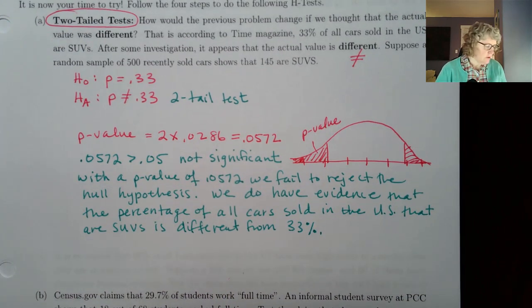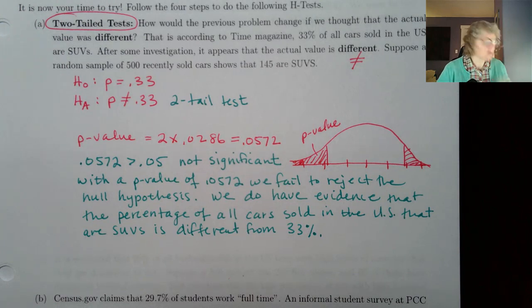Okay, so with this being over this threshold of 5%, we're saying, well, getting that result is reasonably